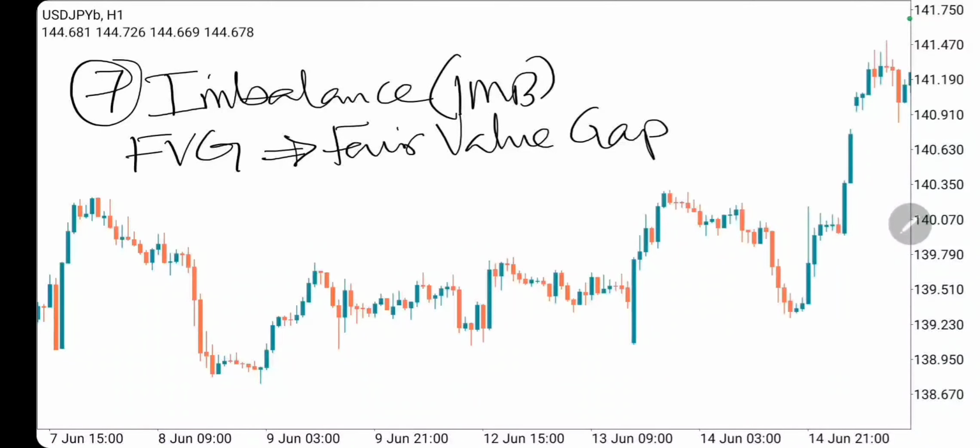Imbalance actually refers to a situation whereby the supply and demand for a currency pair are not equal. This is what imbalance means. There is no balance between the demand for a currency pair and the supply of that currency pair. Imbalance can be caused by a variety of factors like